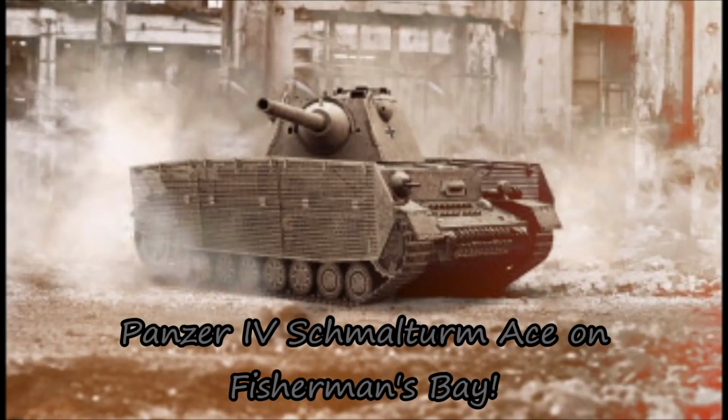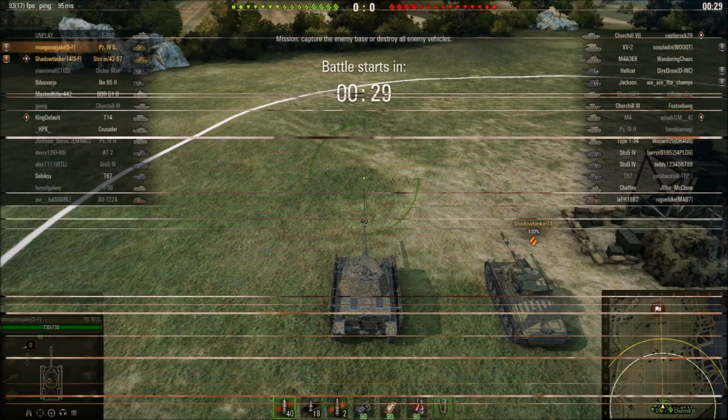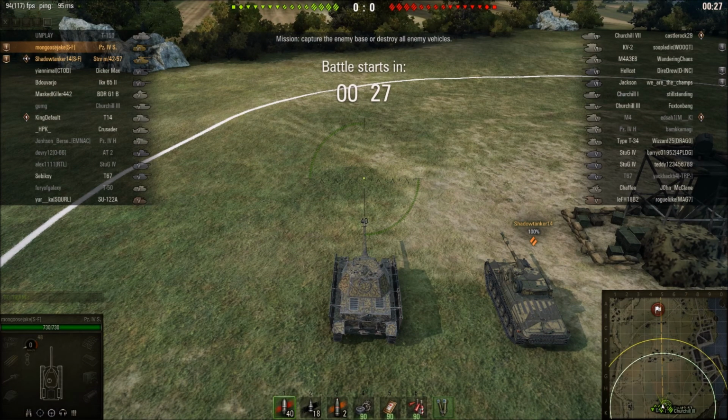It's Mongoose Jake here, and this time around I've got the Panzer IV Schmalturm tank, which is a Tier 6 Premium Medium on the German line. No longer currently available, but they do sell it from time to time. I've had mine for years, and this time I'm going to take it out on the Fisherman's Bay map with my wife there in her Strv